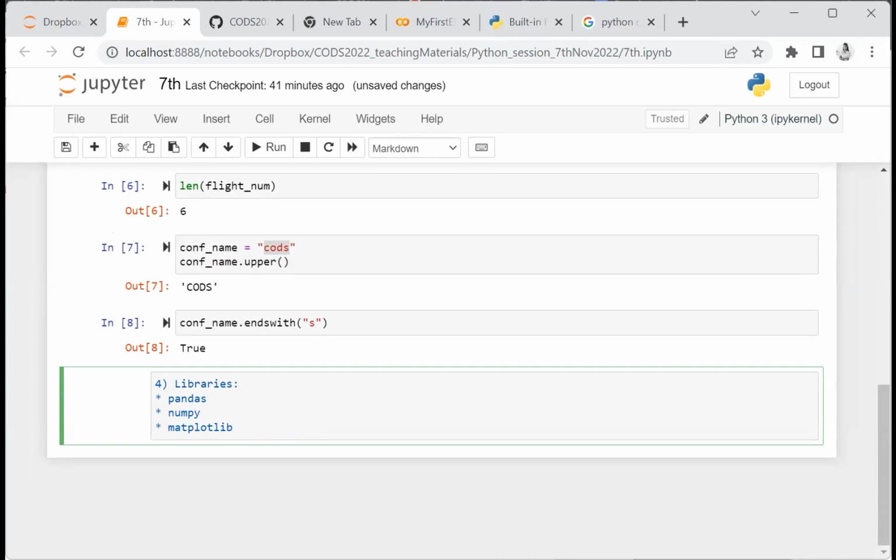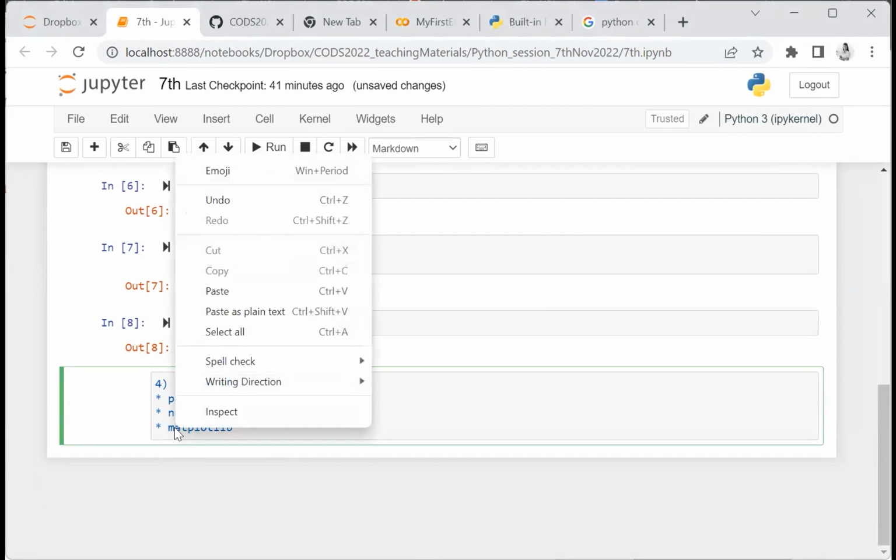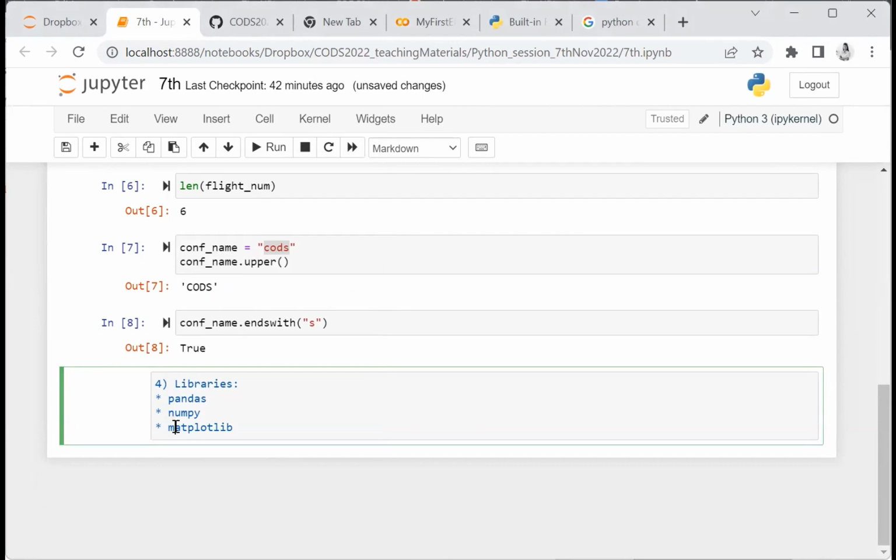Okay, so what are libraries? Basically, there are Python developers working all the time, continually publishing open source code. So functions related to a particular area, for example, matplotlib is related to the area of data visualization. Those particular functions are grouped together into a library, in this case matplotlib. Okay, so libraries, when you import them, it just makes your life easier because you don't have to reinvent the